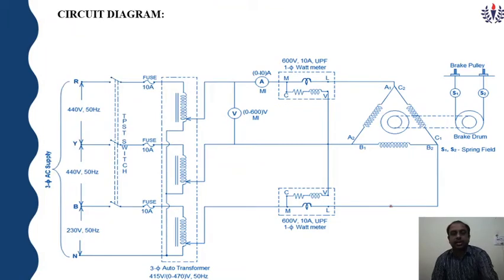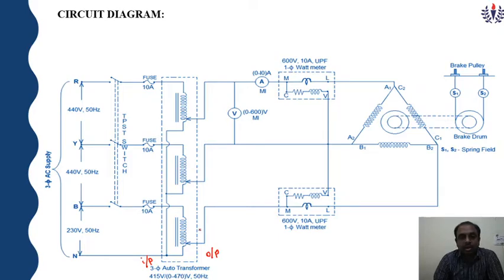This is the general circuit diagram. Generally the three-phase induction motor is a self-starting motor. In this circuit diagram we have the phase lines R, Y, B, given through an autotransformer, because in an autotransformer we have an input and an output. On the input side, R, Y, B are given through a 10 ampere TPST, triple pole single throw switch.